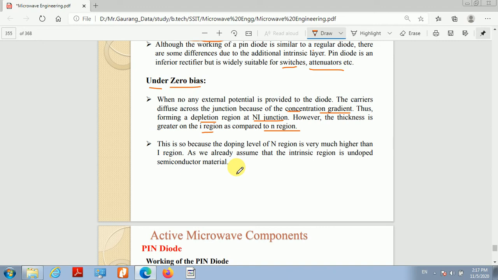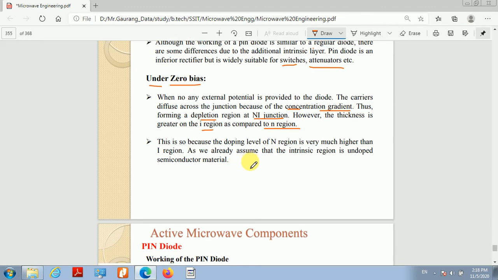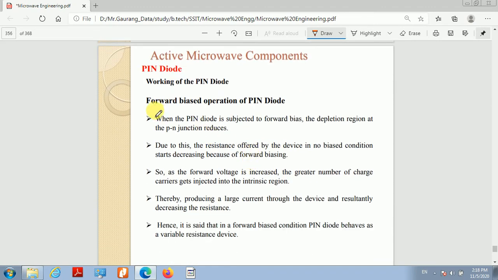तो सिंपल है कि अंडर जीरो बायस what will happen, only the depletion layer is formed at the Ni junction, and the depletion layer is formed because of the diffusion of carriers across the junction because of the carrier concentration gradient. Okay, now let's look at another condition, which is the forward bias condition or forward bias operation